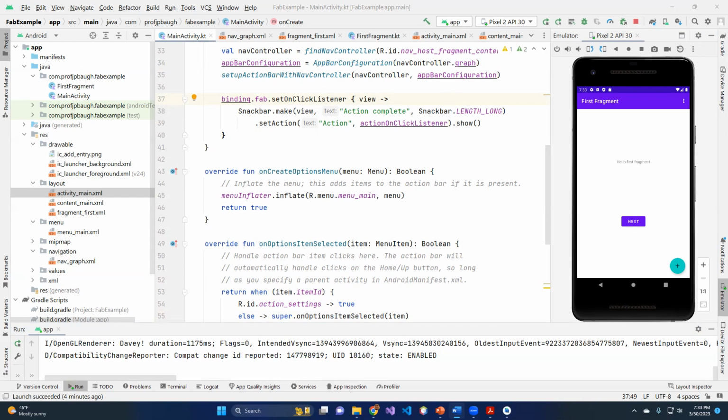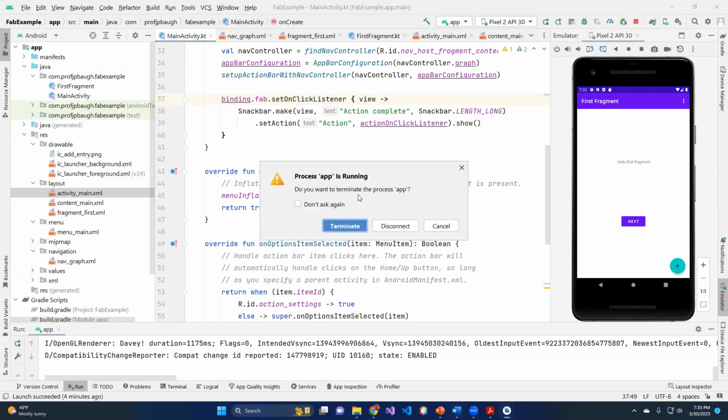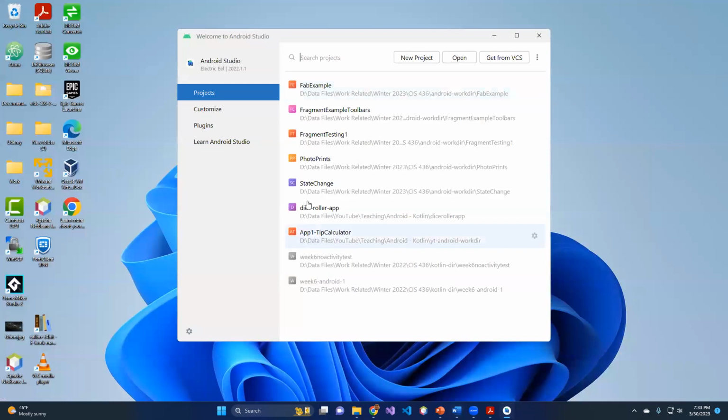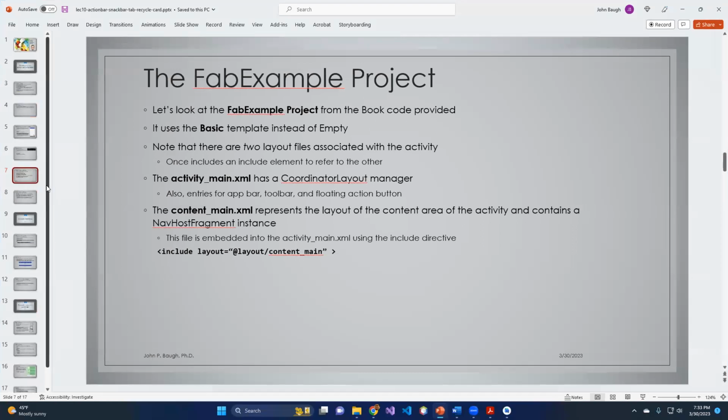So the next thing on the agenda is to look at a recycler view. So this, hopefully, as long as everything goes well, should not take incredibly long. So the recycler view is,